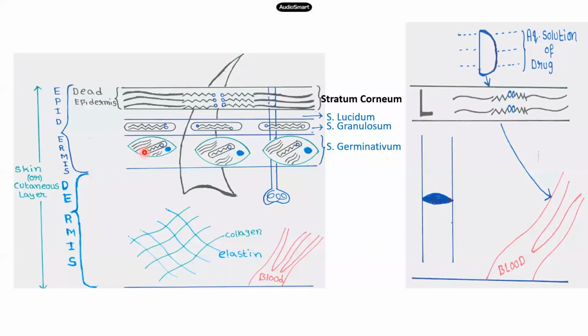One is the Langerhans cells, responsible for immunity, but highly sensitive to UV radiation. That UV radiation is largely absorbed by the melanin pigment, which is secreted by the melanocytes. Third is the Merkel cells, responsible for sensation. And the fourth, the major principal cells in the epidermis, are keratinocytes. The keratinocytes are aligned in 3 to 4 layers.